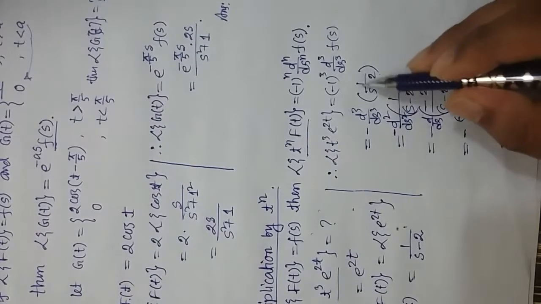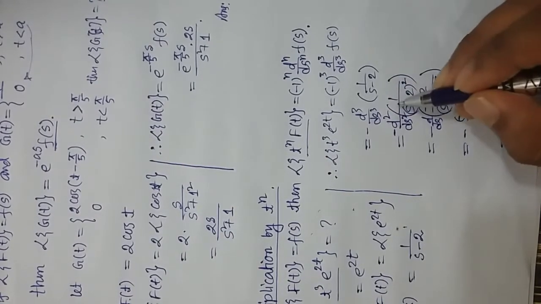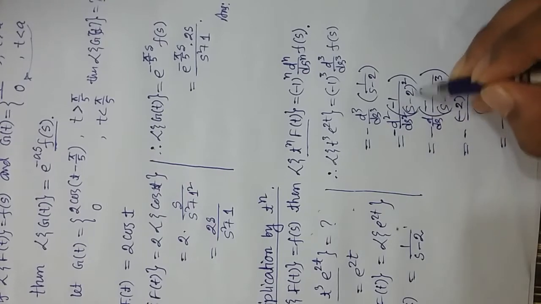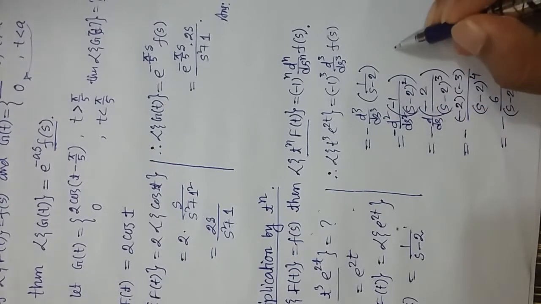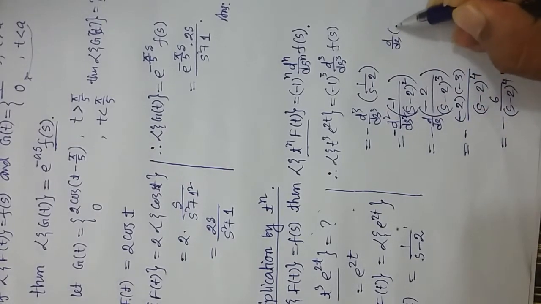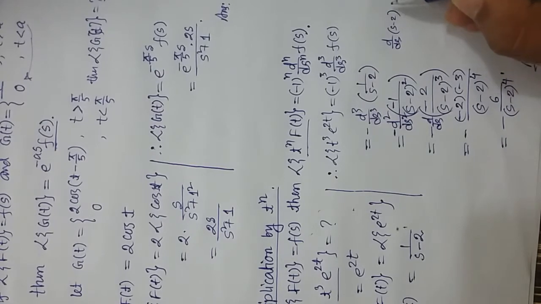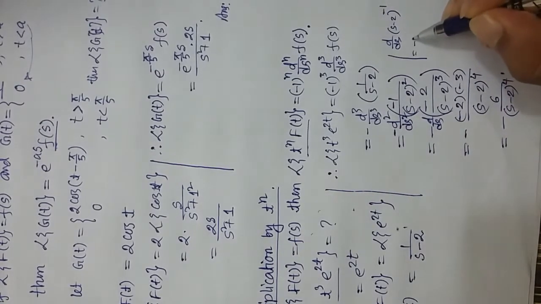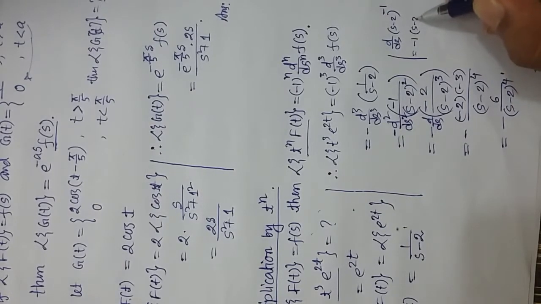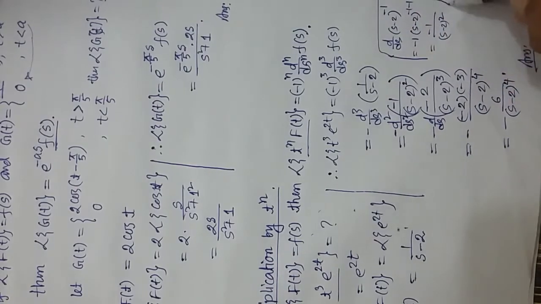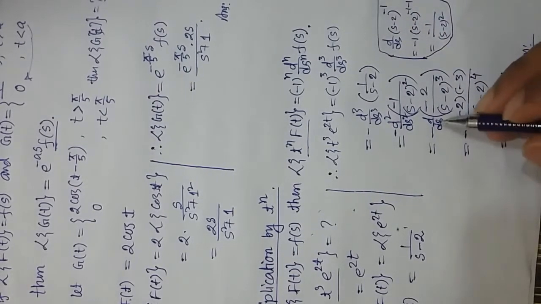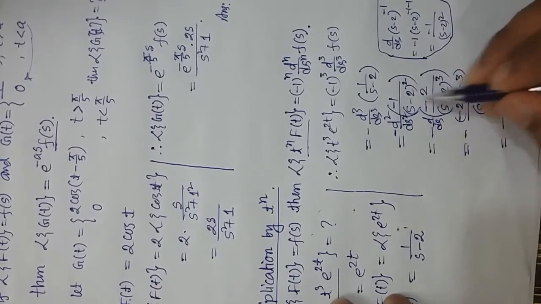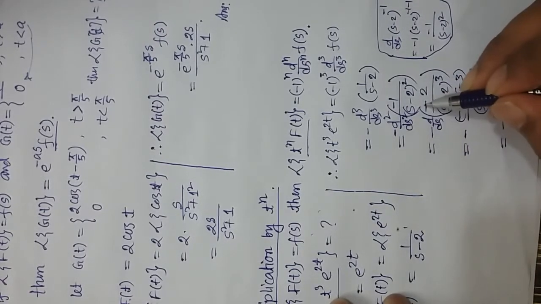Okay, so if we differentiate 1 by s minus 2 the first time, it will give minus 1 by (s minus 2) whole square, like d/ds of (s minus 2) to the power minus 1. So it will give minus 1 times (s minus 2) to the power minus 1 minus 1, so minus 1 by (s minus 2) whole square. Okay, so in this way, for the second time derivative